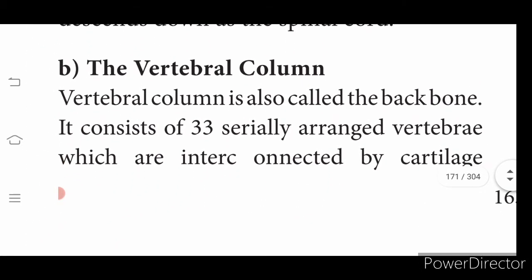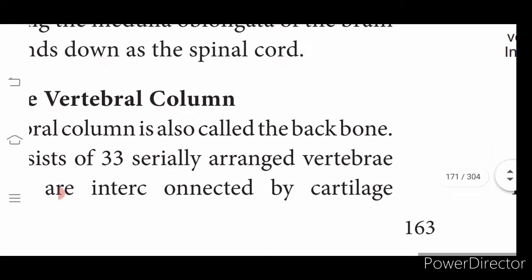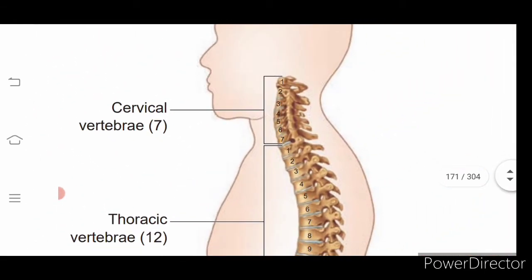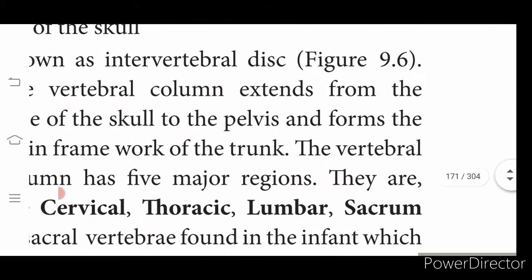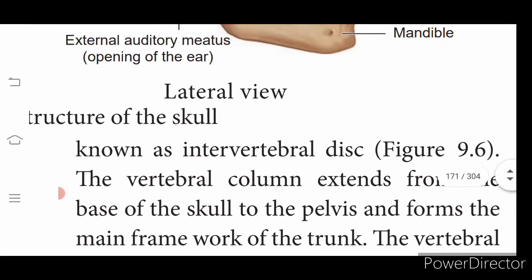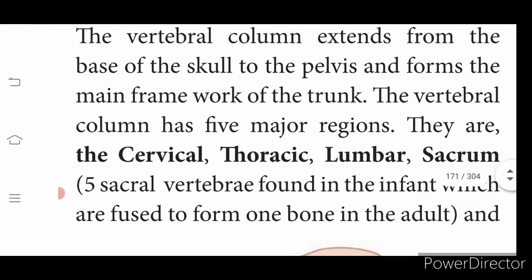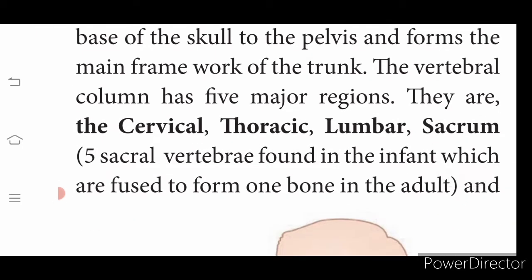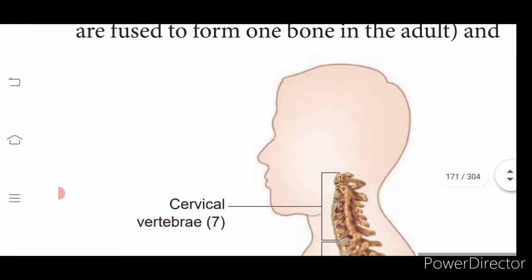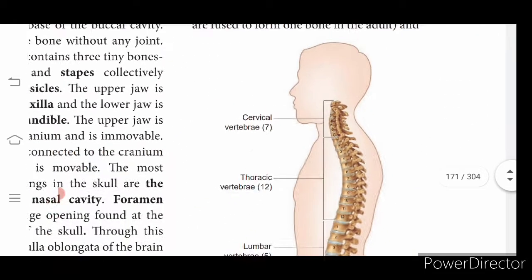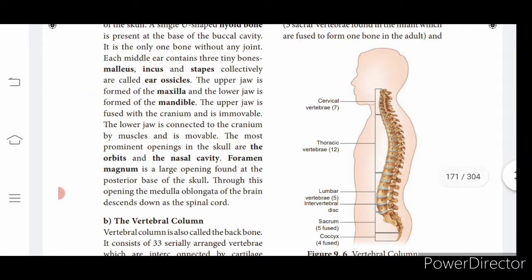Then coming to the vertebral column, it has 33 bones, which are arranged one below the other. They have specific regions to get attached with one another. Follow? The vertebral column has 5 major regions. They are cervical, thoracic, lumbar, sacral and coccygeal. When you learn only from the diagram of the vertebral column, it is easy to memorize and write. Whatever is given in the diagram is enough.